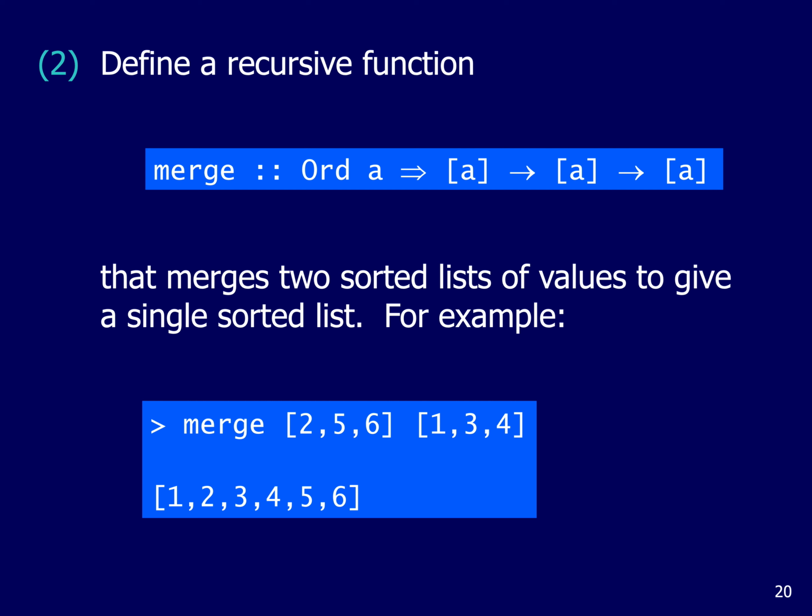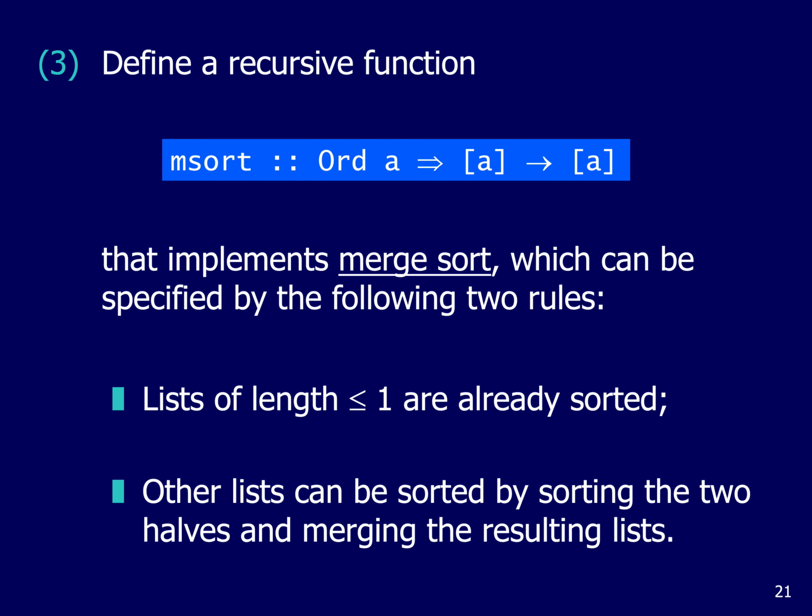So again, this is a very nice example of defining a recursive function which works by recursion on two parameters at the same time. It takes two sorted lists and has to merge them together to give a single sorted list. And then the final thing we'll be doing next day, but again, I would recommend you have a go at this yourself before I show you how to solve it, is implementing the so-called merge sort algorithm, which is specified in English here, but next time around, I'm going to show you how to implement it